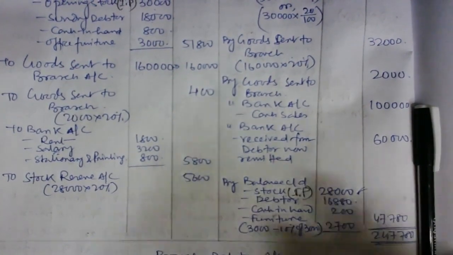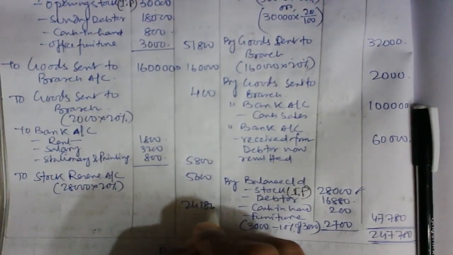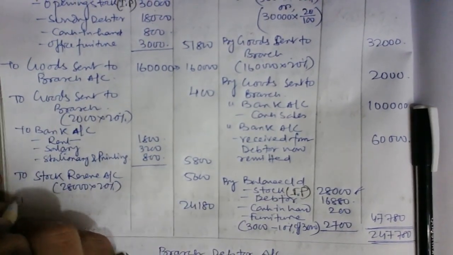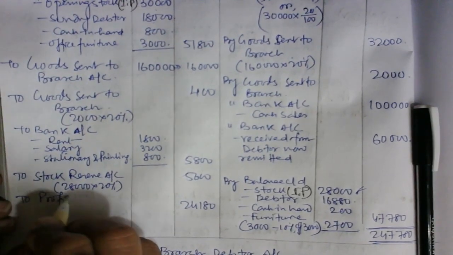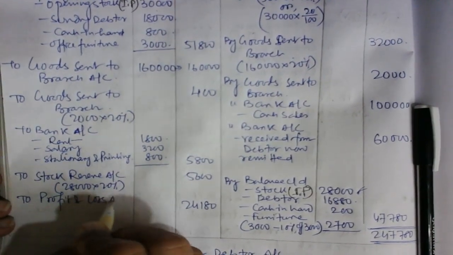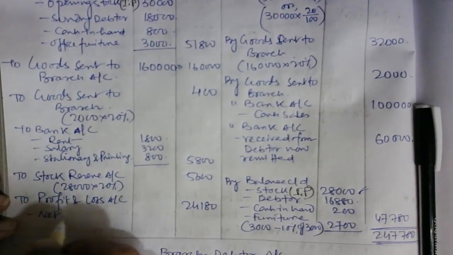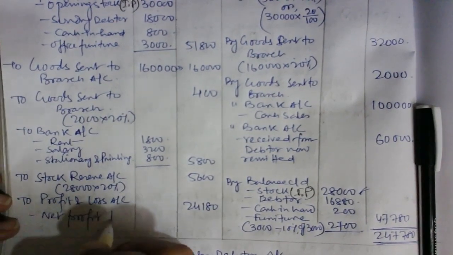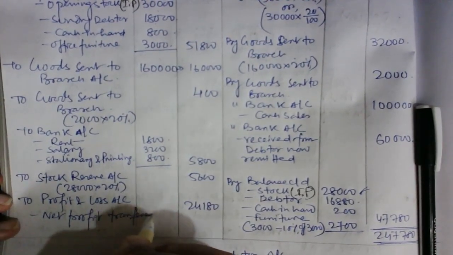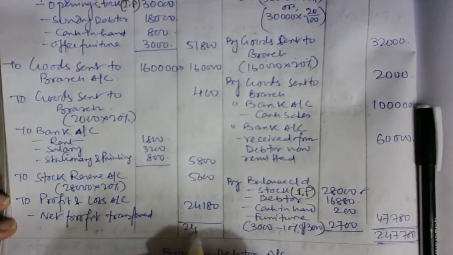We are getting a balance of 24,180. So this is the profit we made. So you can write here to profit and loss account, net profit transfer. Done, sir. See, we have also done the sums related to the